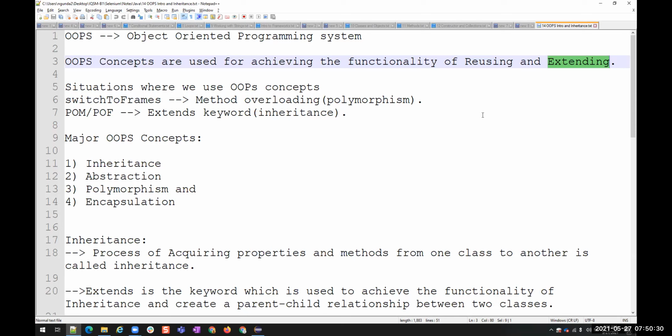Right. So unknowingly we already used it. Okay, we did not use object-oriented programming concepts because we are going to use this. Generally, I'll give the object-oriented programming concepts after Selenium, but for you, I'm continuing with Java. Okay, so where we use it in Selenium, like we have a method called switch to frames, and we have a concept called POM. This is a framework. Okay, so we have these two things where we unknowingly used object-oriented programming concepts. So for now, you can skip it.